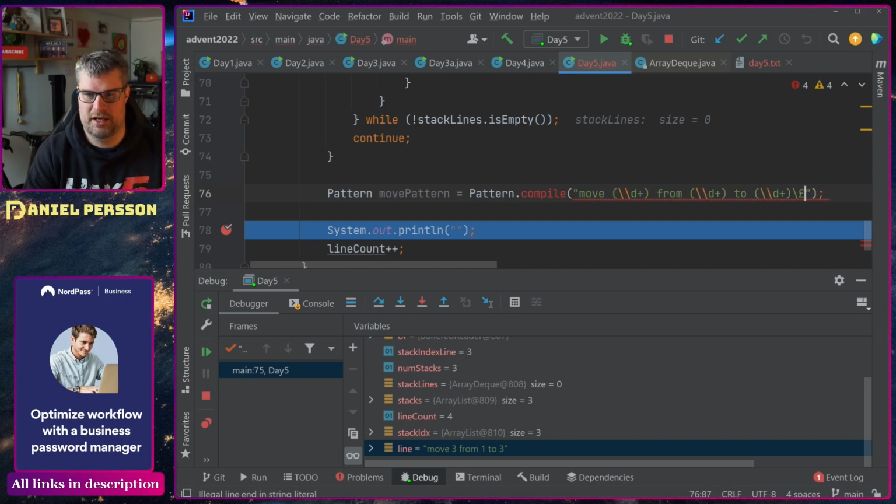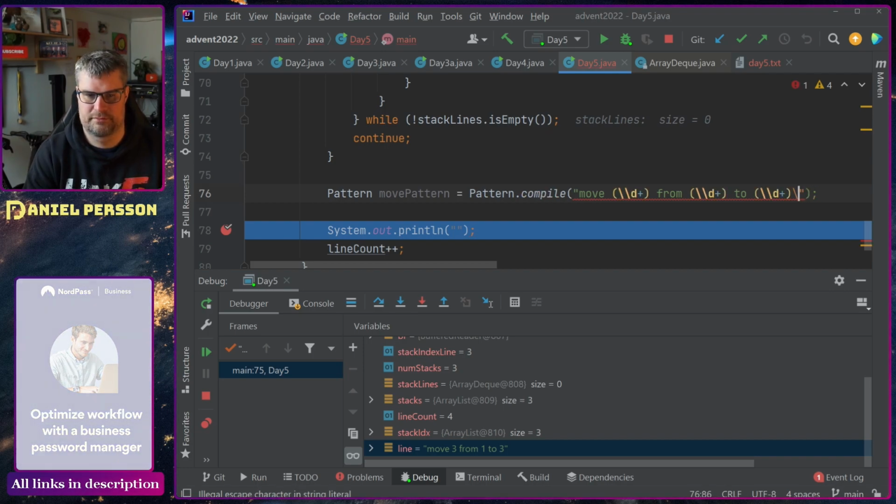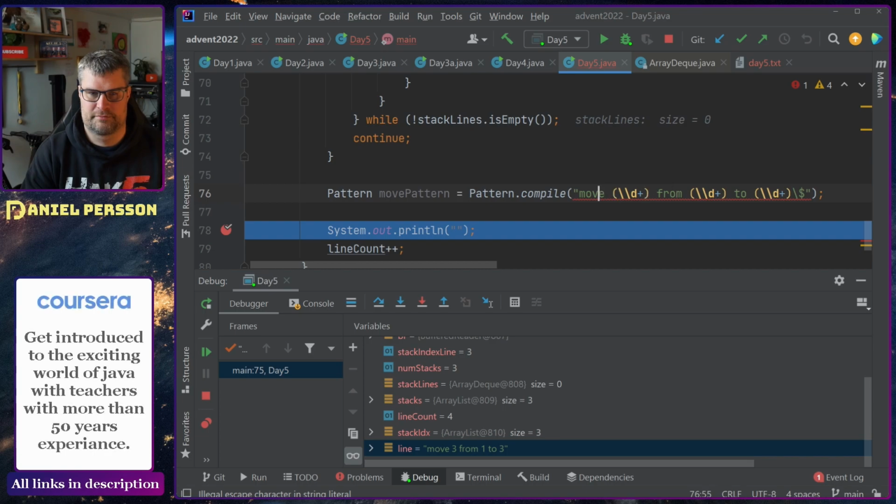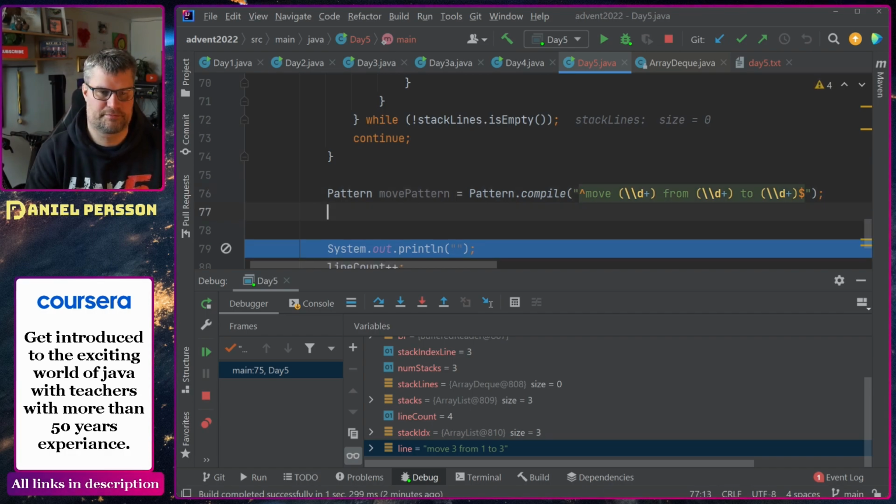And this would be the end of it. And this would be the start of it, right? Might have turned these two around, but